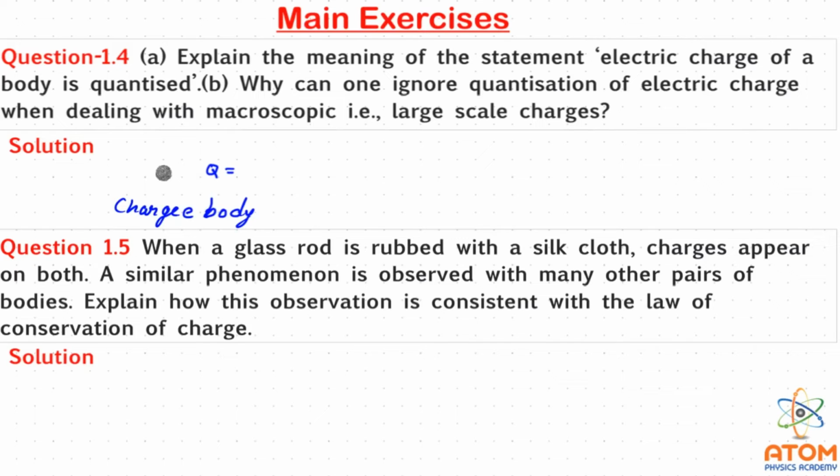Now the question is, why is any object charged at all? See, any object is made out of atoms, and every atom is having two types of charges. One is proton, which is positively charged, and one is electron, which is negatively charged. So if any object is charged, it is basically due to these protons and electrons. If the number of protons and electrons are the same, then it will be neutral, because both are having the same amount of charge and one is positive, another is negative. That's why the total charge will be 0.